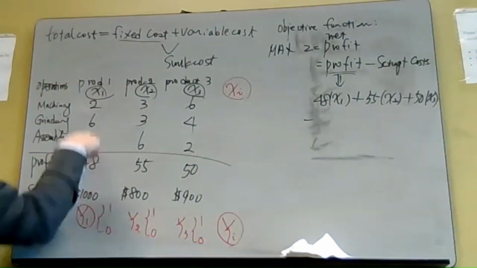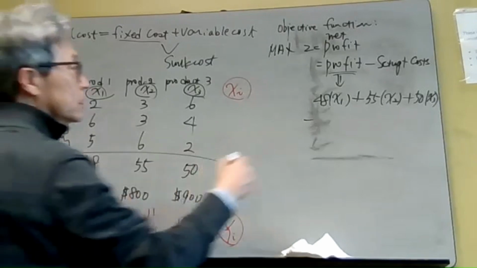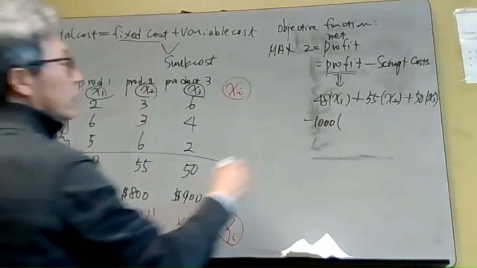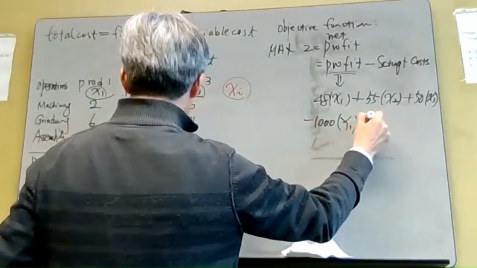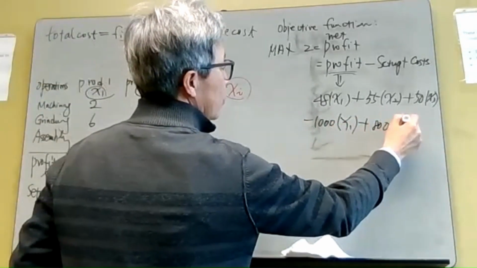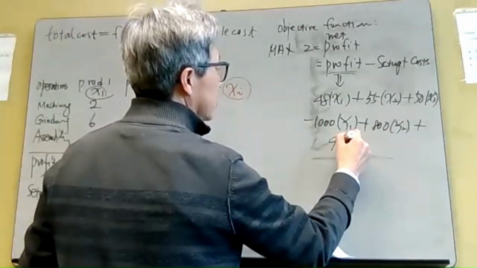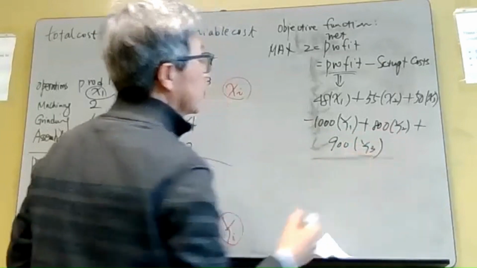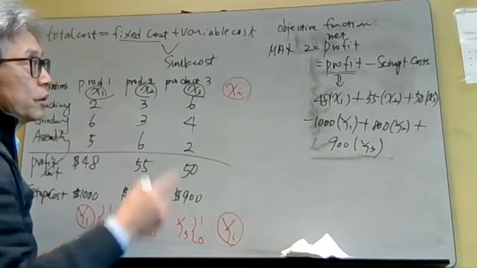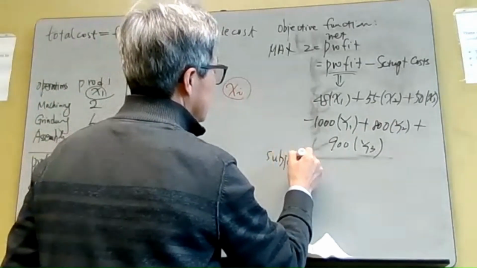Once we decide to open this production line, the setup cost is 1,000. So 1,000 y1 plus 800 times y2 plus 900 times y3. So this is your objective function, which is subject to